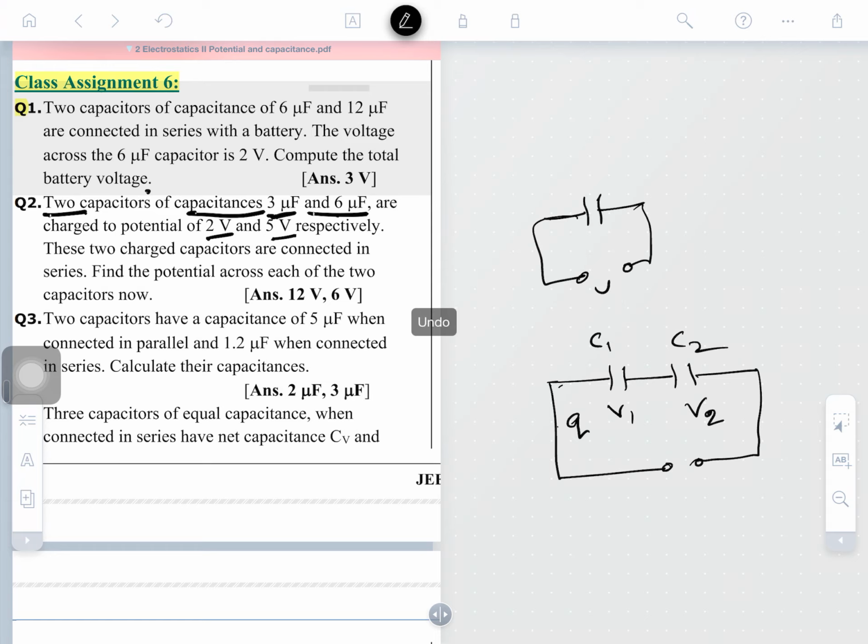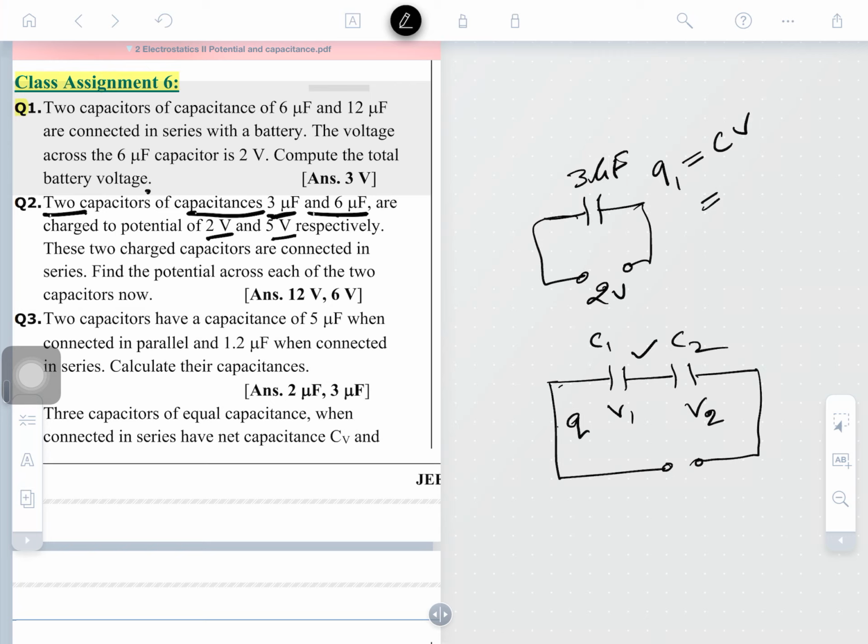What potential is there? Please tell me. I think here it's 2 volt. This is charged, and its capacitance is 3 microfarad. So how much charge will it hold here? Because in series the potential will change. The capacitance will always be the same, but how much charge it is holding, since capacitance is the capacity to hold charge. So what is the charge Q1?